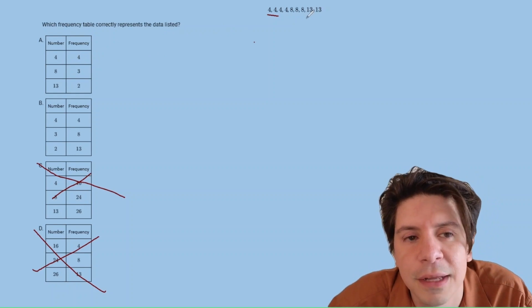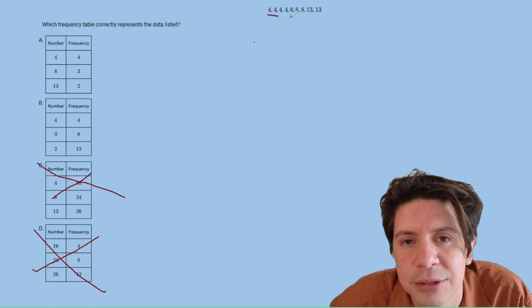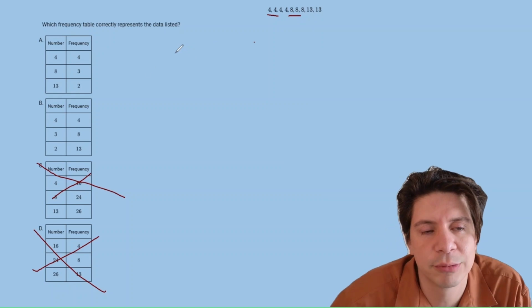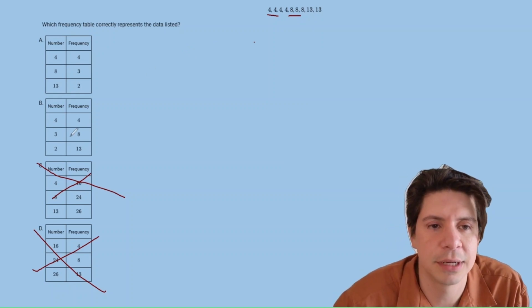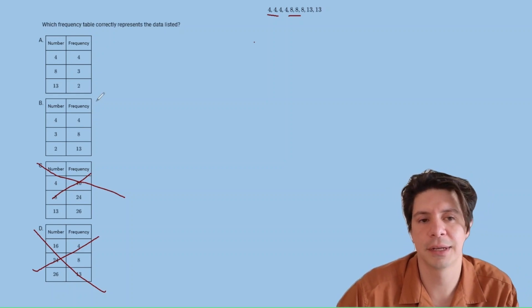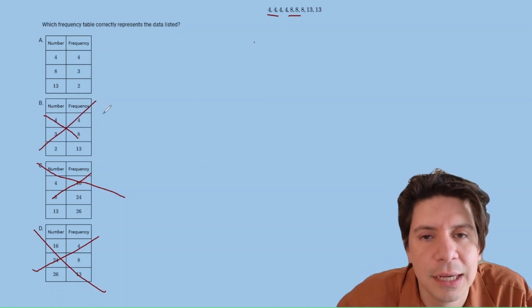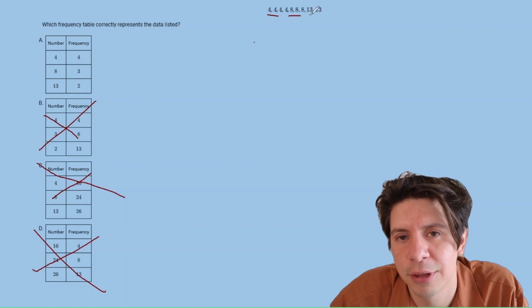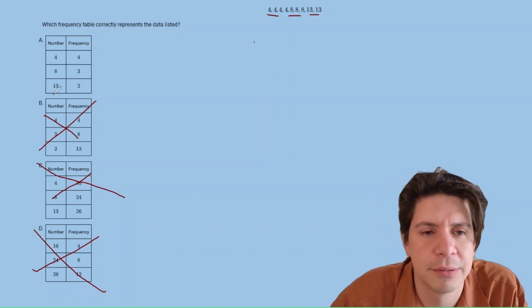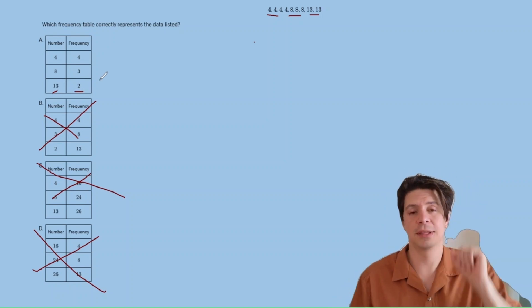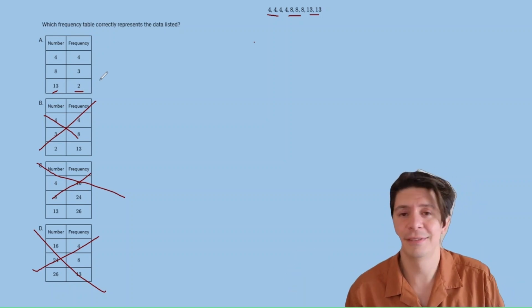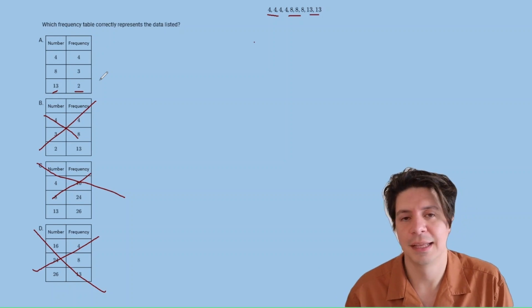And then you have the 8s, right? So you have 3 8s, so you just want to be careful. The number 8 has a frequency of 3, right? This one has the number 3 have a frequency of 8. They reversed it. And then if you wanted to check your work, you could check with the 13s. There's 2 13s, so the number 13 should have a frequency of 2. And that's how you do this one, right? On the test, it should take you 15 seconds, 20 seconds, and then it's giving you time to do the